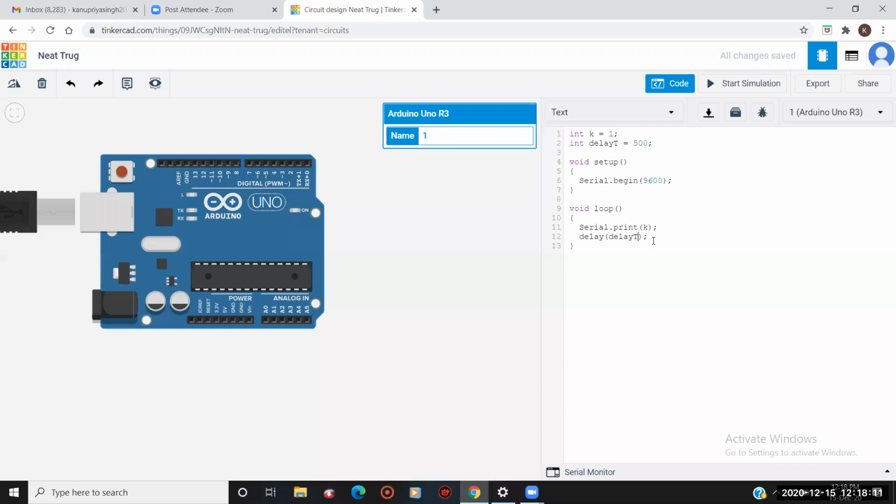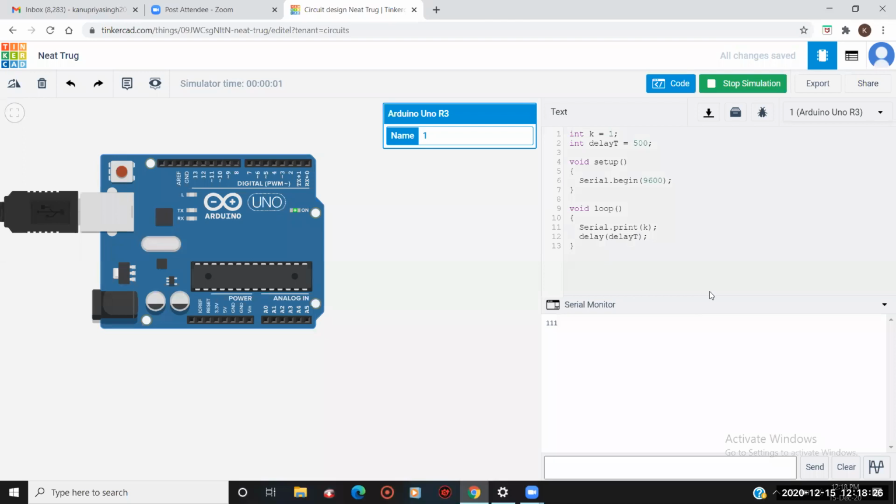Now let us simulate it and get to know whether our code is correct or not. I just click on the start simulation button, and open your serial monitor. Okay, our code is working and you can see it is printing some data. It is printing 1 1 1 1 1 1, right?